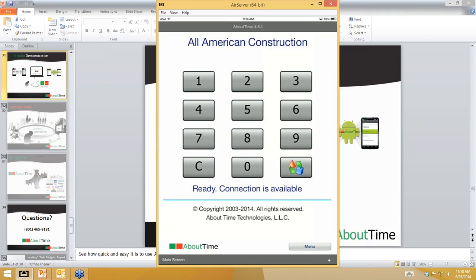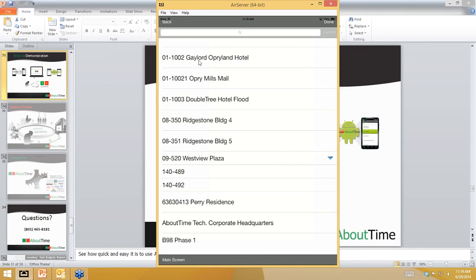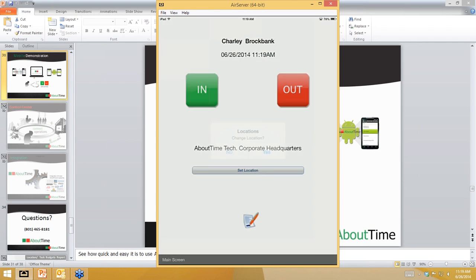But I'm going to show you real quickly how an employee can clock in and out, and then how a foreman or a supervisor can clock in a crew. We enter a simple 4 or 5-digit number. We have the name of the employee, the date and the time, in and out, and the name of the company down here. If that is not the right company, you notice there's a tab there you can push. All of your active jobs will now come up in a list where if they have the privilege, they can choose the correct job that they're working on. Choose the job, clock in,